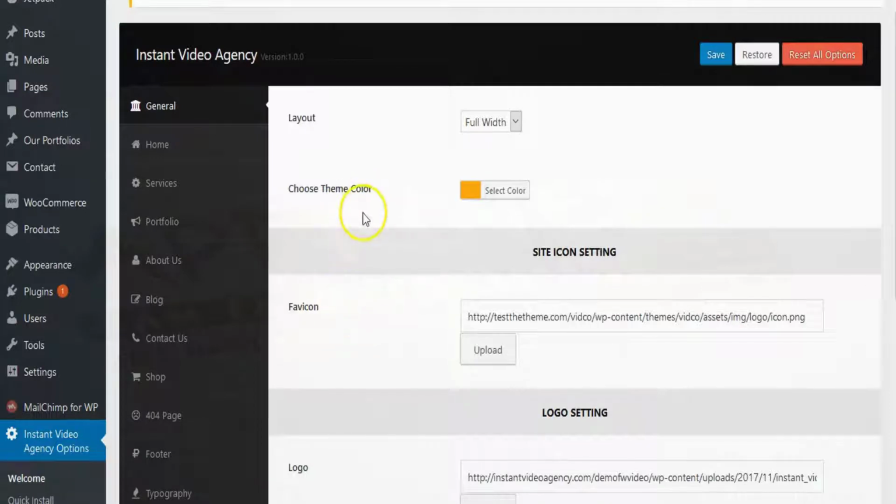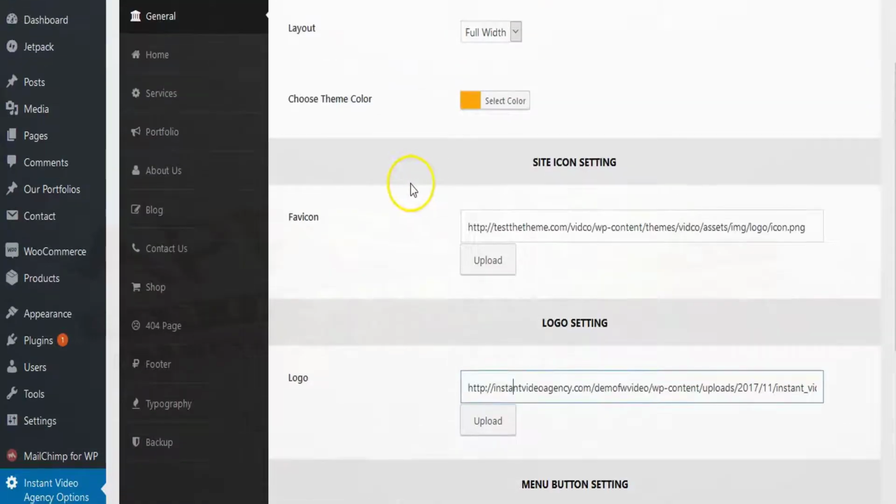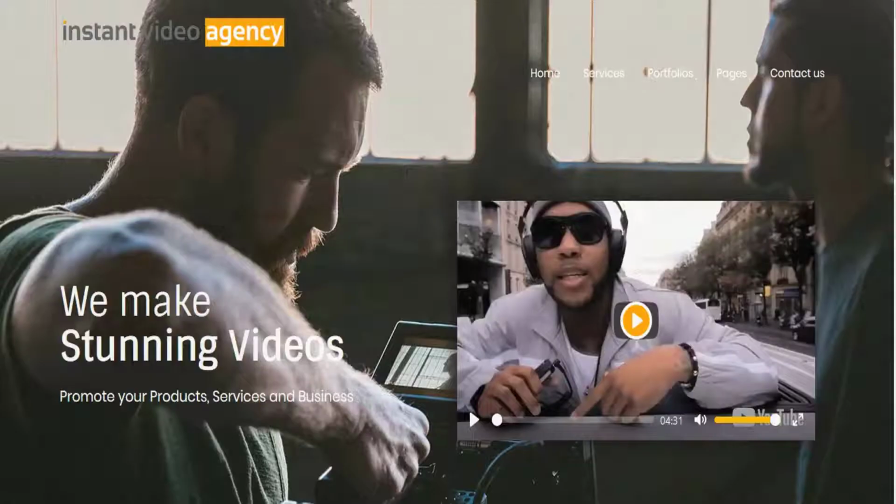So this is the general settings. You can go from full width to a box width. I prefer the full width. You can change your favicon, which is the little icon there in the tab. You can change your logo, upload your logo here. And then once you upload your logo, what I recommend that you do is you go over here. I use a Firefox